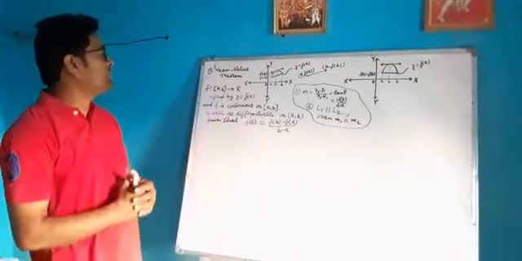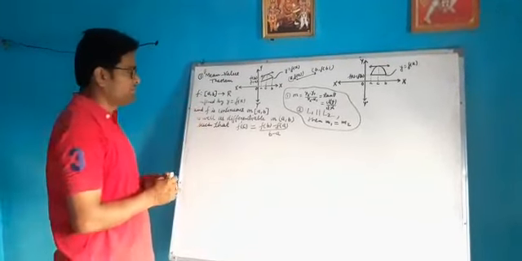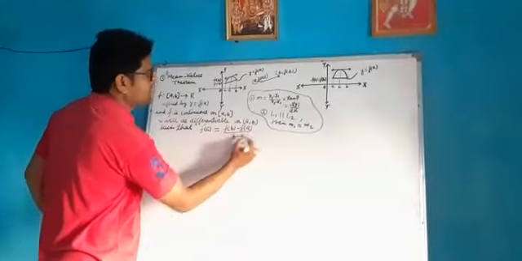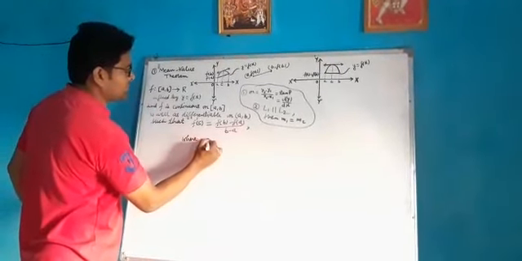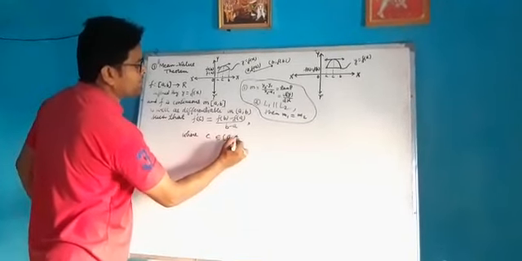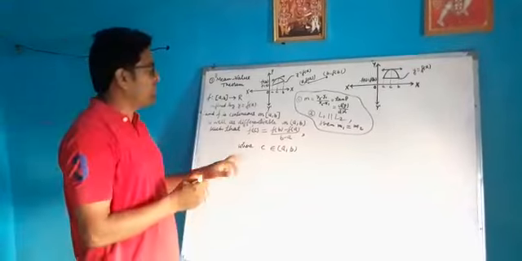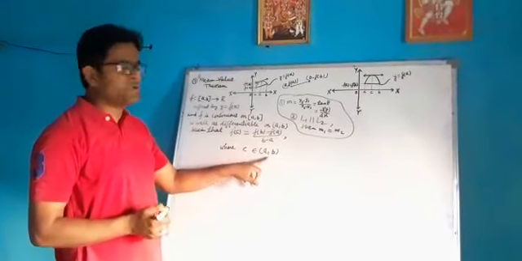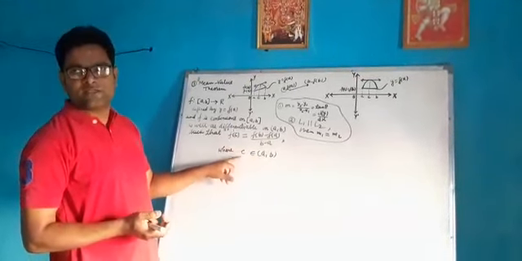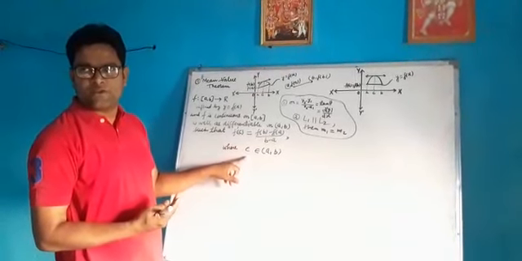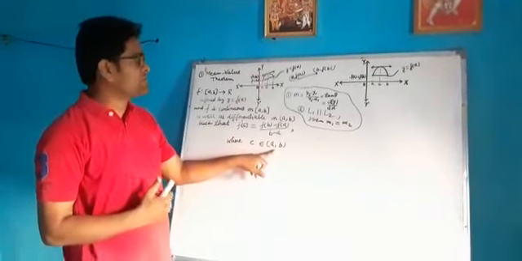So what you will do here? You will just say x equal to c, such that this, where c belongs to the open interval (a, b). Here c will be some value of x which will belong to the open interval (a, b), and here at c we are finding. What is c here? c is a real value of x in the open interval (a, b). We have to consider this.